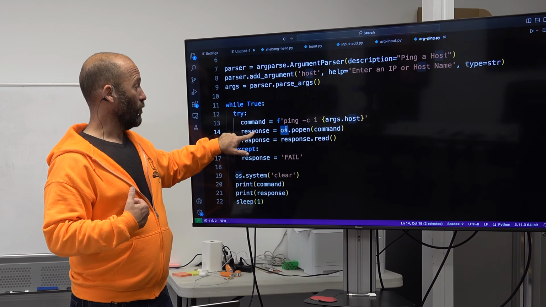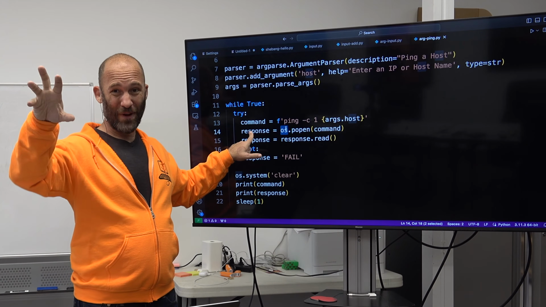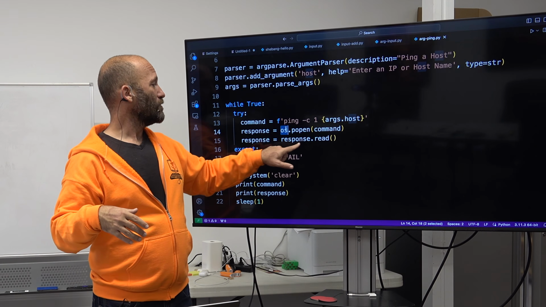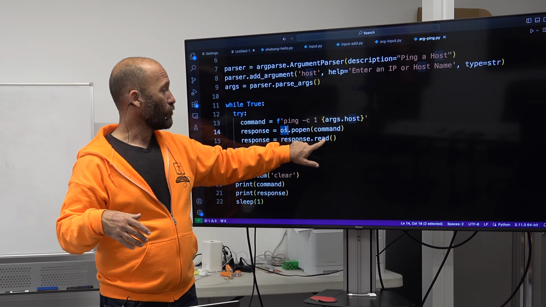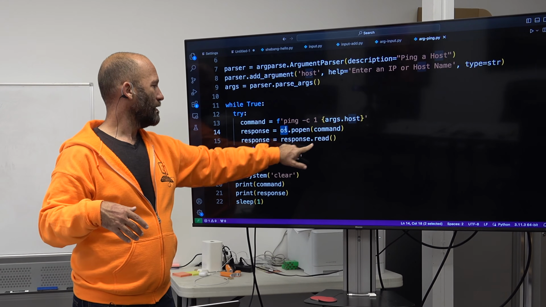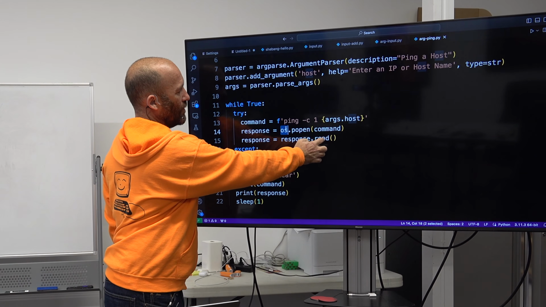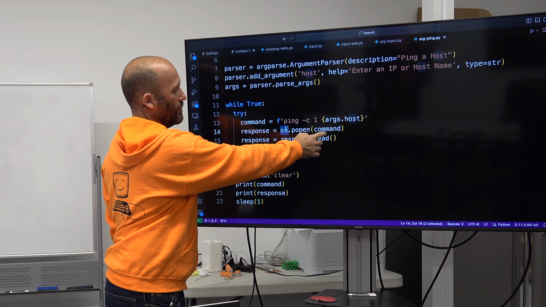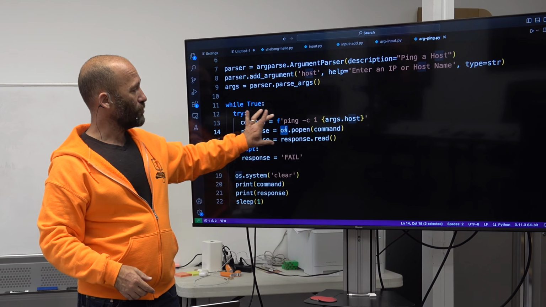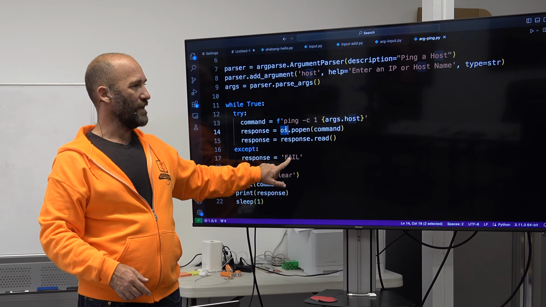Now, when we do this, response is actually going to be an object. So we need to be able to grab the text out of that object. Again, we'll kind of talk about this in later classes. So what we're going to do is we're going to have response read all the text that's in the response object and then assign it to response. So now response is going to equal the text that comes back from the command that you submitted to the operating system. If for some reason this fails, we're going to have except, and response is going to equal fail,